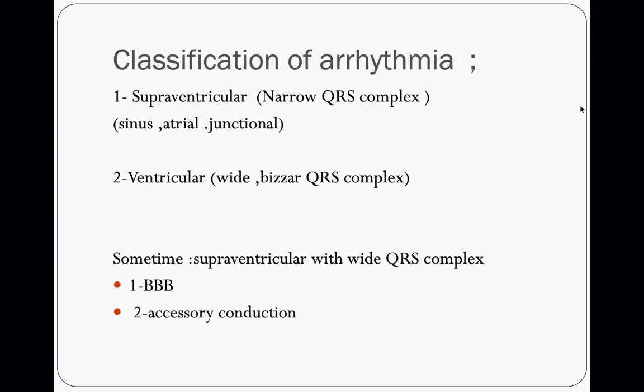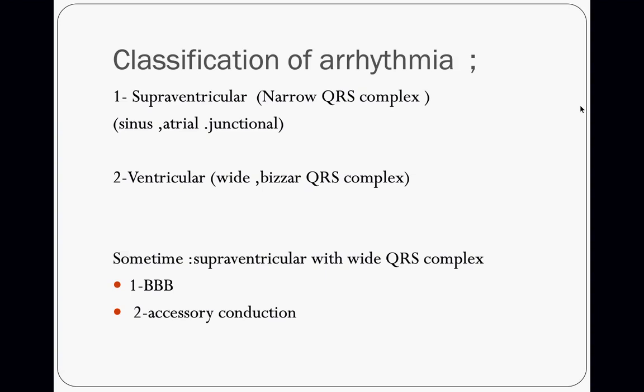Classification of arrhythmia: arrhythmia can be simply classified according to the shape of the QRS complex. If the QRS complex is narrow, it is called supraventricular arrhythmia. If the QRS complex is wide and bizarre, it is called ventricular arrhythmia. Sometimes supraventricular arrhythmia can even cause a wide QRS complex in some situations, for example when there is left or right bundle branch block,